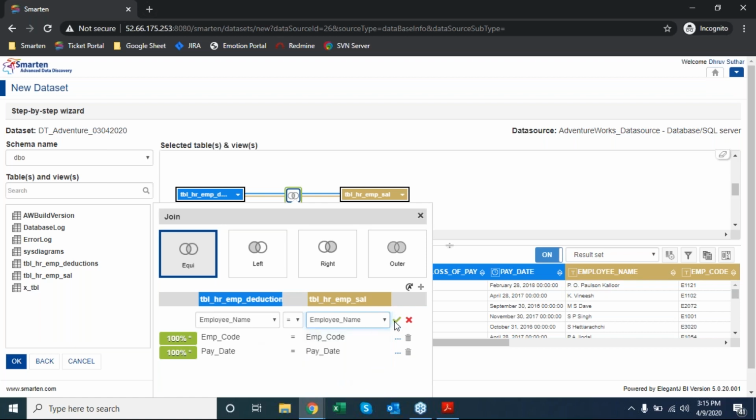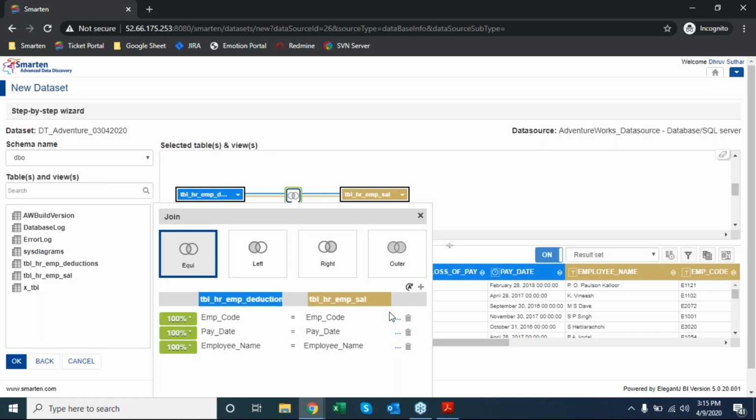I'm just selecting that column and pressing OK, then it gets joined. On the left hand side, we can see 100% data is matching right now. Like this, it will automatically apply the base join condition between those two